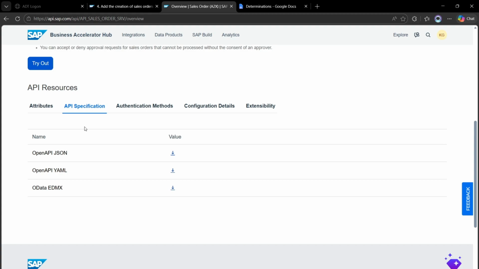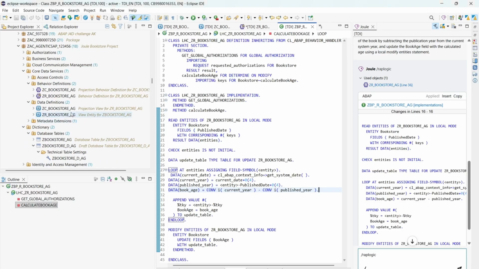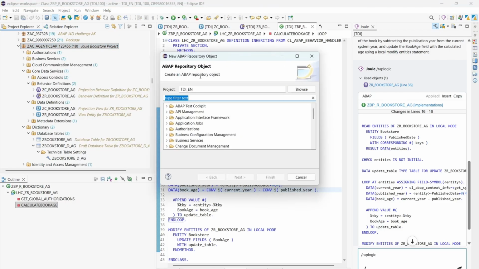For that, to create the service consumption model, we should go to our Eclipse and just right click on our package, that is this, and then click on new and then other ABAP repository object. Here search for service consumption model. I'll just type service consumption model,